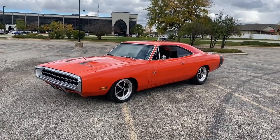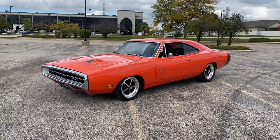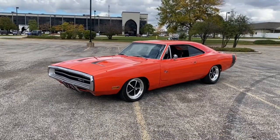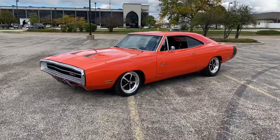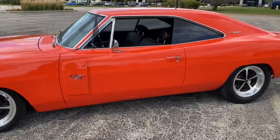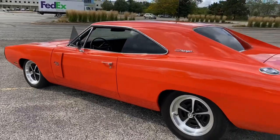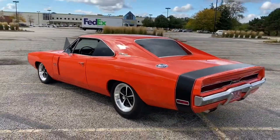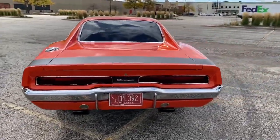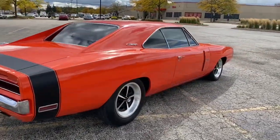Today I have the pleasure of, yes, in front of me, this 1970 Dodge Charger in restored condition. Beautiful example of a 1970 classic vintage muscle car. This thing has been restored in beautiful orange paint all around, wet sanded, buffed out, paint correction, and paint sealed to a smooth silk finish. Gorgeous all around with like new bumpers, all the bezels, all the trim around the windows, dual exhaust, beautiful upgraded